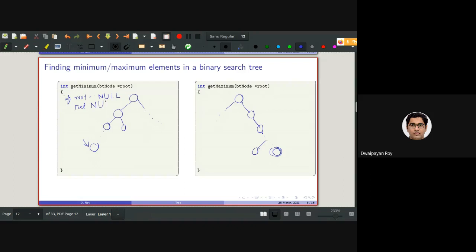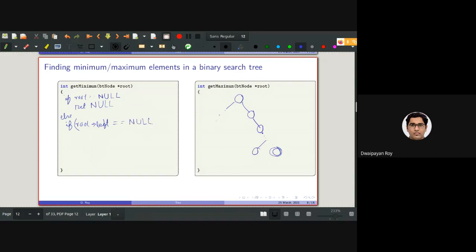Else, we need to check whether root left is null or not.